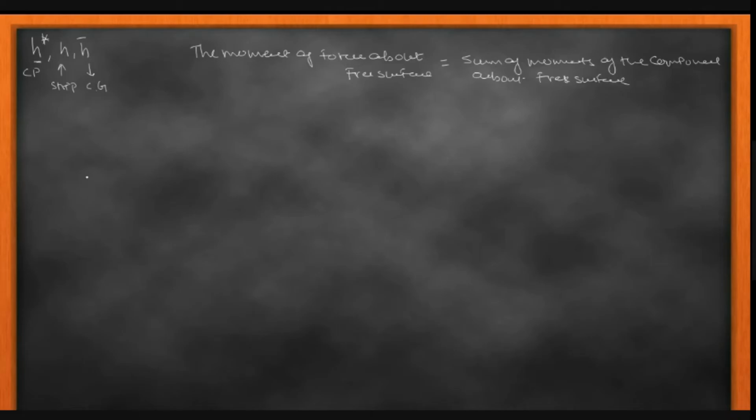So again, I'm going to plot the figure. Let's say it is a free surface. We have this central body, the center of gravity. So this is the CG. The height of this is H cut. The elementary strip, I'm considering this elementary strip. So the height of this elementary strip is H. And now there is an important topic, that is the center of pressure.